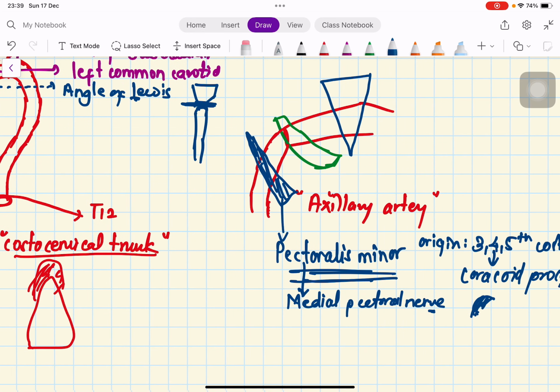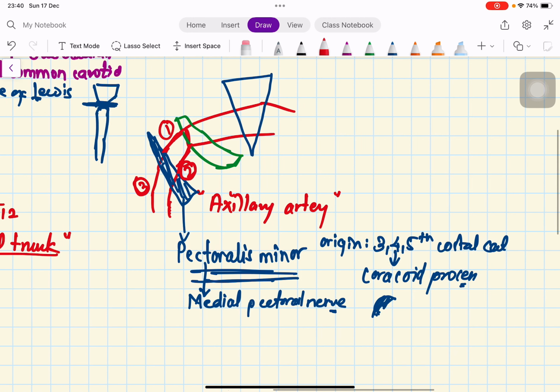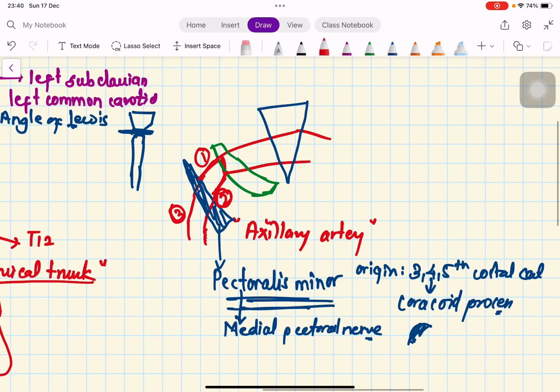This pectoralis minor has divided the axillary artery into one, two, and three parts. First is simple, that's the superior thoracic. So from the first part there originates the superior thoracic. Okay, great. From the second part we see there is the origin of the